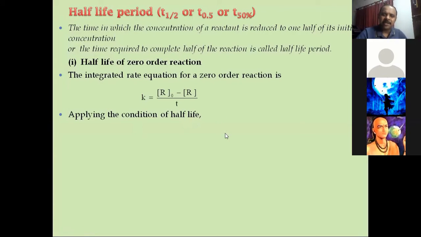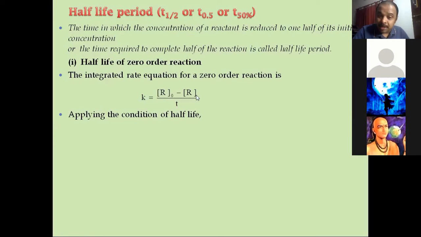What do you mean by condition of half-life? At half-life, exactly time spent is 50% of the time that is required for overall completion. That is one thing. Secondly, these terms will change here. Can you tell me, at exactly half-life, t is t half. Denominator t is time generally. At half-life, it becomes t half.